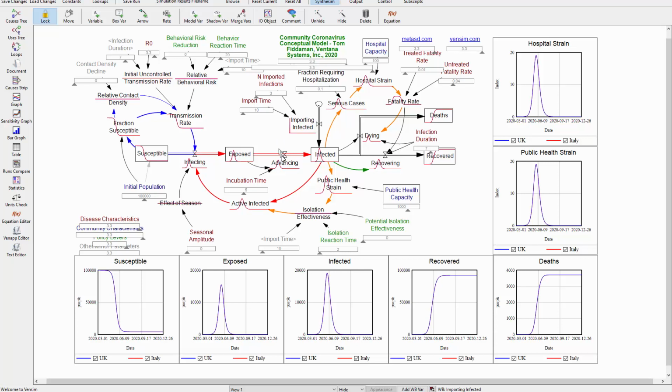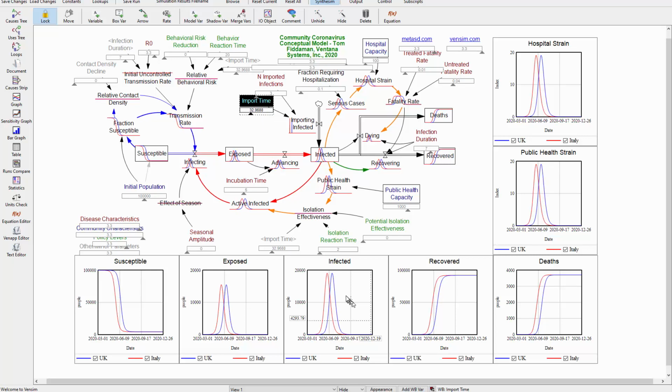So, what does it mean to lag another country? Perhaps because you were just lucky, or perhaps because you closed the borders sooner, or simply have less connectivity to infected regions. That's like importing those infections later. So in my base case, and what we'll call Italy here, I import 3 infections on day 10. So let's suppose that the UK is a couple of weeks behind. So we'll import those infections on day 30 or so.